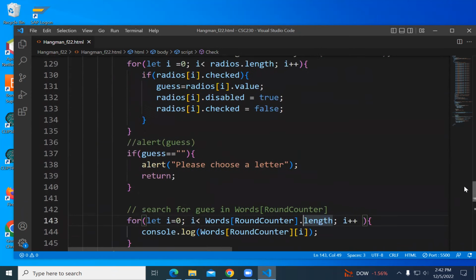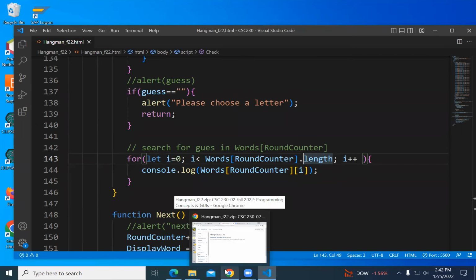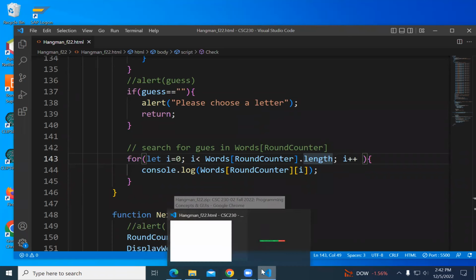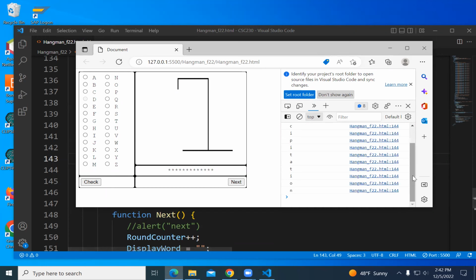Oh, I think I know why. Because I don't have a round counter yet. So I need to deal with the fact. Let me start again. Let me hit next and actually start the game. And now let me do it. D and check. Now I'm better. So here are the individual letters of precipitation spelled out.